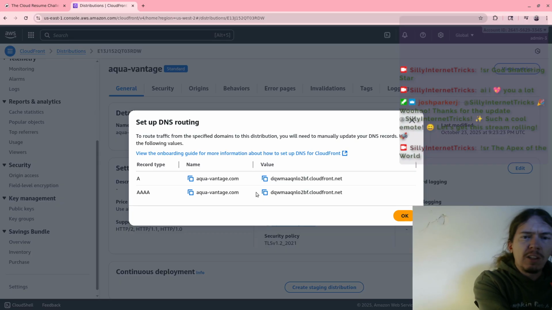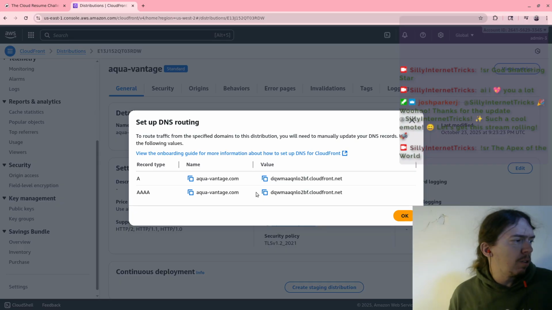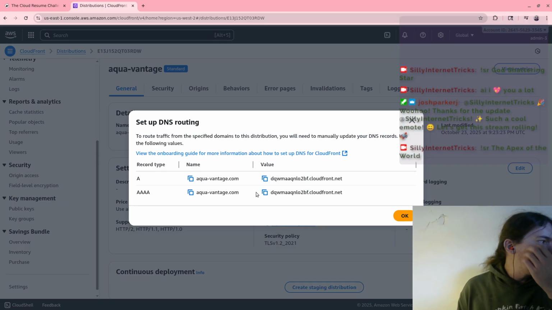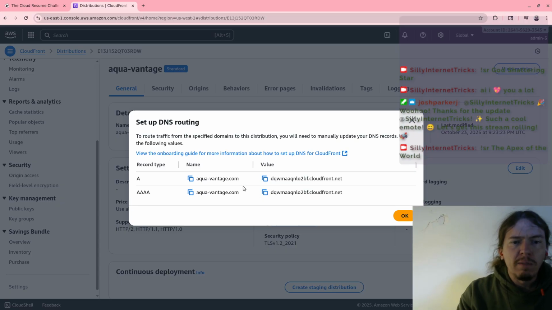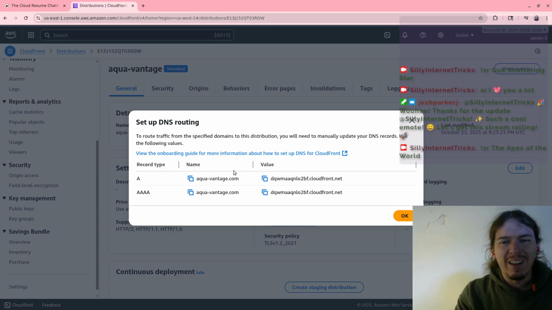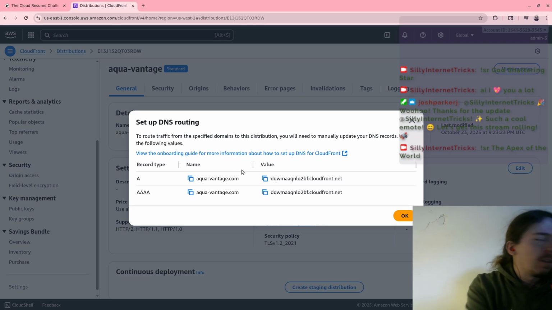And it's just gonna say DQWMAA QNLO2BF CloudFront Net. Right? Okay, sure. Create record. It says, oh, no. Not a valid IP address. Well, of course not. Of course it's not an IP address.